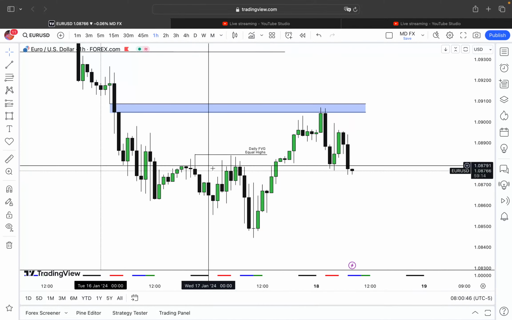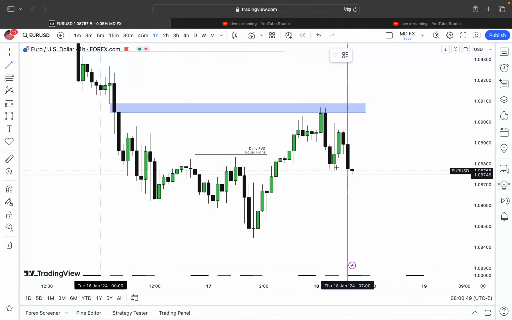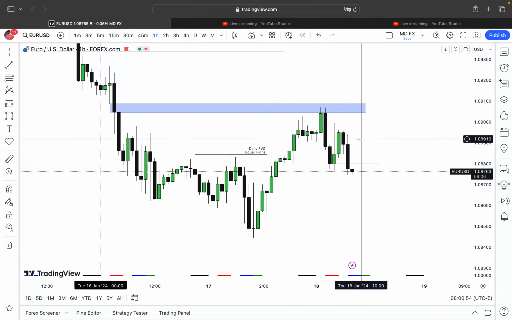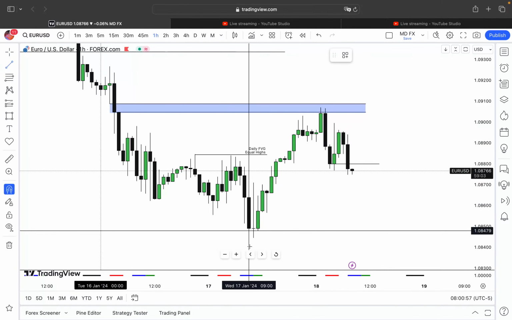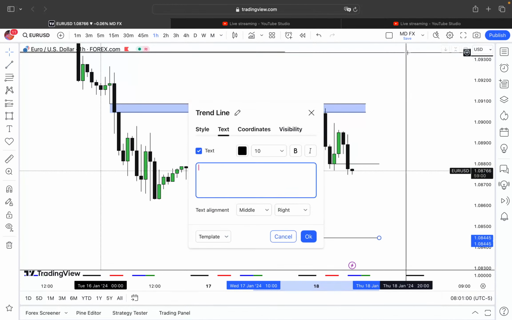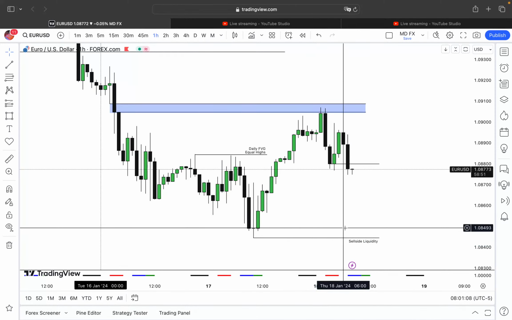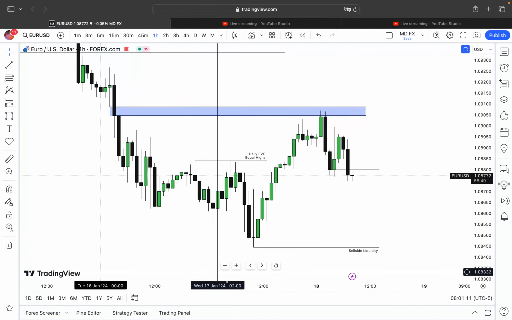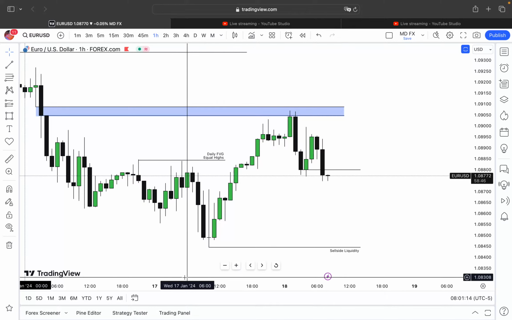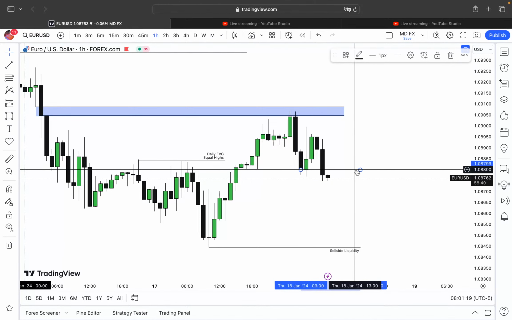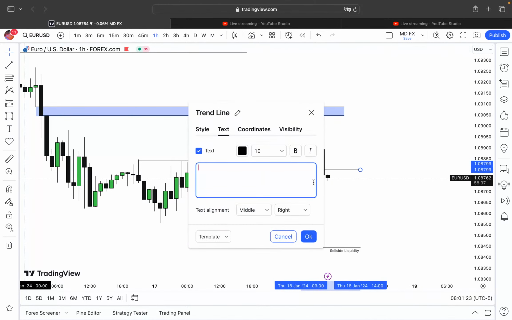So now what I'm looking to get is this 1 hour candle high. I want it to form in this. I want it to tag this order block and then come down into a space. So this is our sell side liquidity. This is our draw on liquidity for the day. Each day when you are trading, you have to make sure you have a draw on liquidity for that day. Now, what kind of narrative are we trading based on? We are trading based on a London continuation narrative, and I'll show you guys why I said that now.